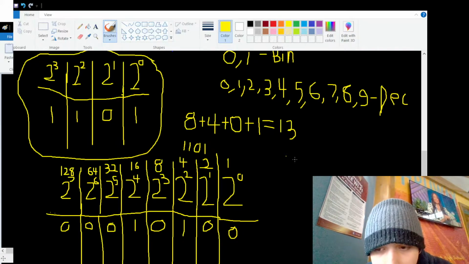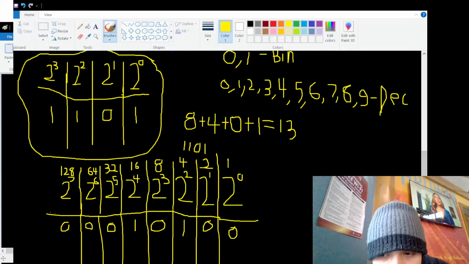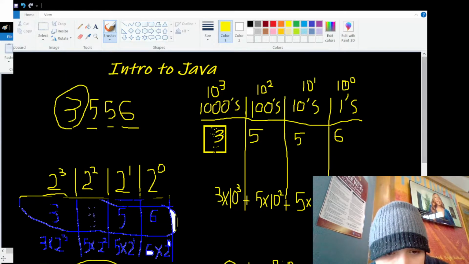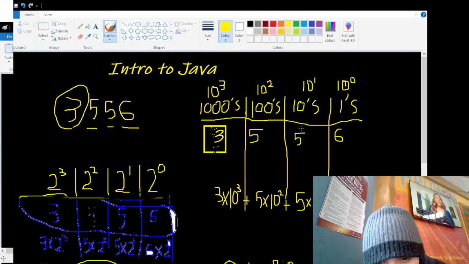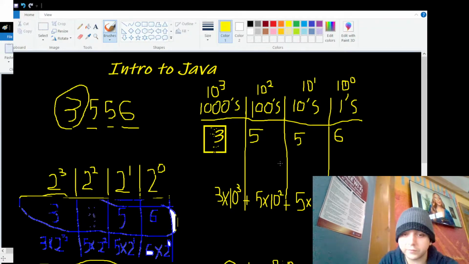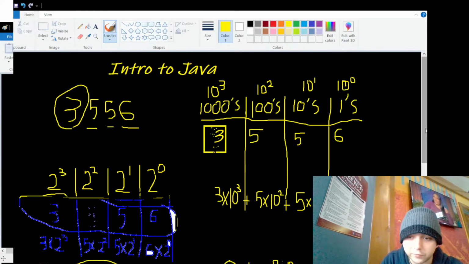Well, just like how we would do this in the decimal system, right? We would have a base of the decimal system, 3 times the thousands place, which is 10 to the third. 3 times 10 to the third, plus 5 times 10 squared, plus 5 times 10 to the 1, plus 6 times 10 to the 0. Same thing. So this is just going to be